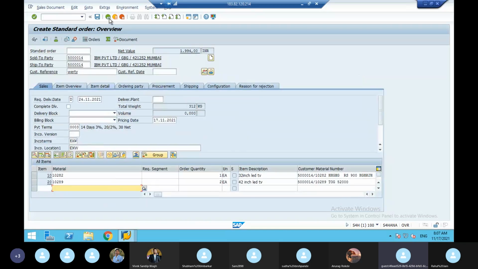I'll explain group condition once again in a simple way. Group condition means a number of conditions are grouped in one pricing procedure. But the important thing is, for the condition types you maintained in the pricing procedure, group condition should be triggered. Next, in the material master record, MM people have to do the material grouping. Then only the group condition values will flow into the sales order, material one by one, with the order quantity. That's all about group condition.